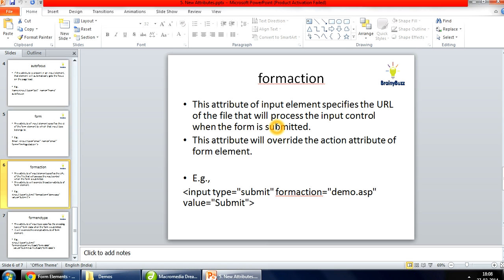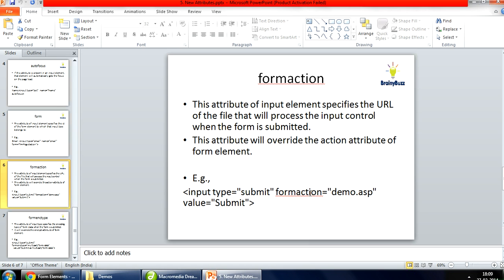Another thing, we have the formaction. You have a form, and in that form you write an action and give a URL or a file's name. But supposedly you have two buttons in that particular form. In one submit button you want that particular action URL to be executed, but there is another button and you want another URL to be executed with the same information that you have provided in the form.